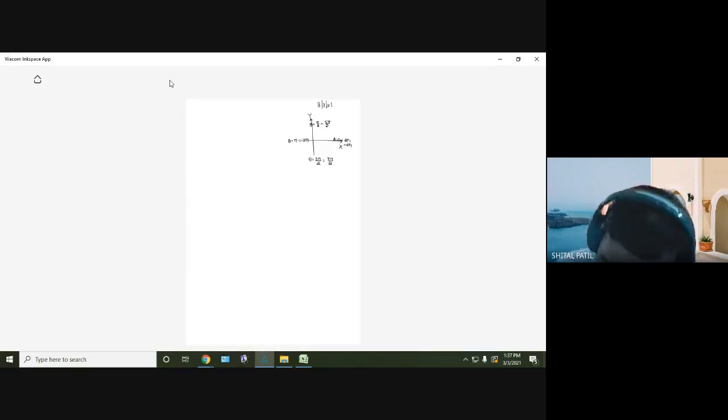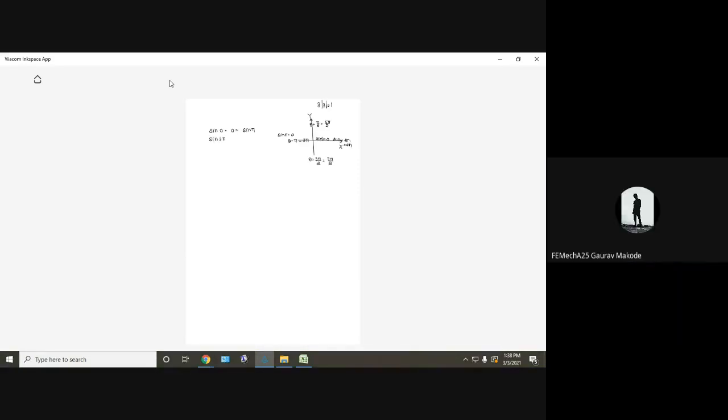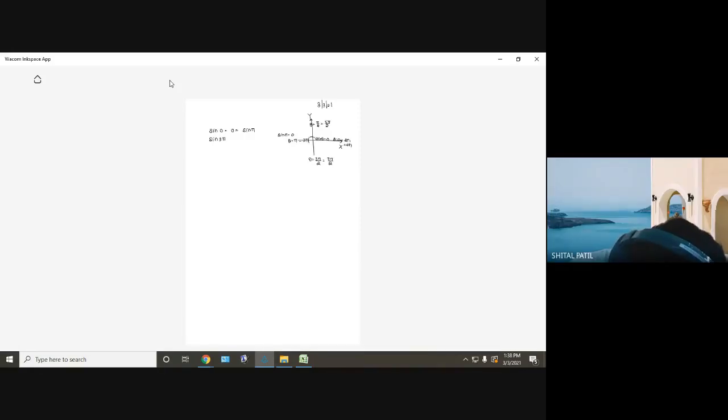Clear? What is sine of 0? What is sine theta over here? 0. What is sine of pi? 0. So see what I am writing. Sine of 0 degree, that is 0. What about sine of pi? 0. What about sine of 3 pi? Where will the 3 pi be? See, this is the pi, now this is 2 pi. 3 pi will be here. That is, 3 pi is equal to pi only, so that is also equal to 0. Then what about sine 4 pi? 0 only.